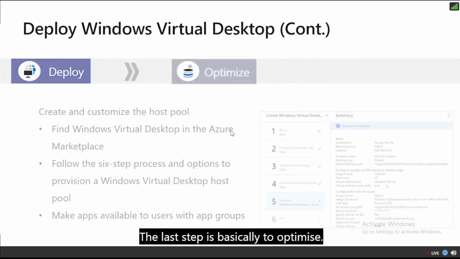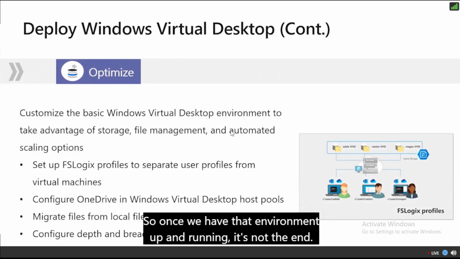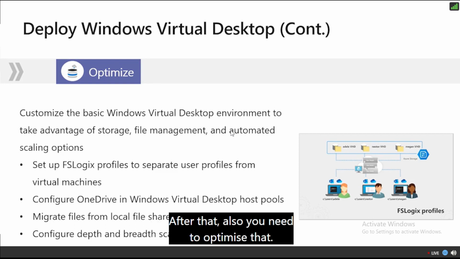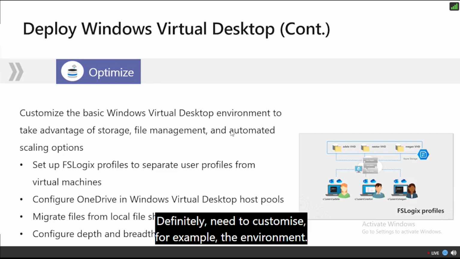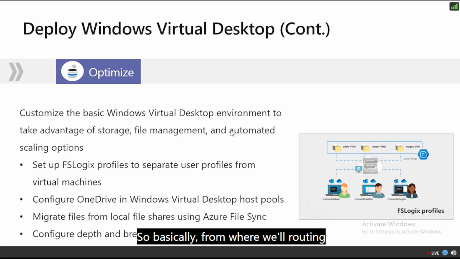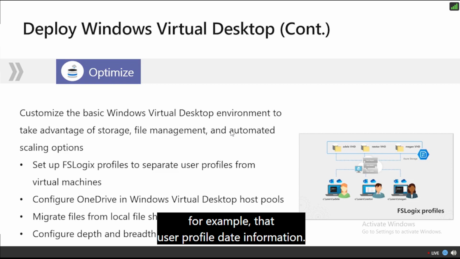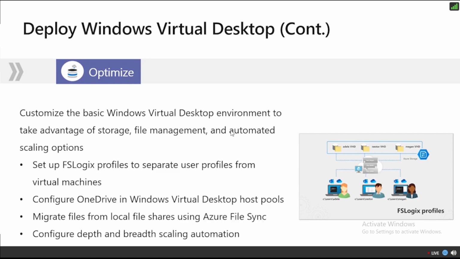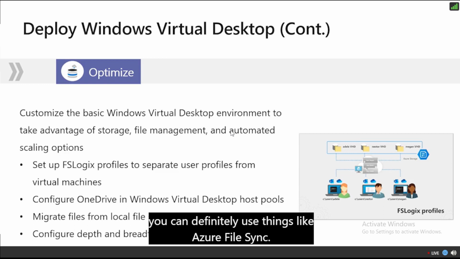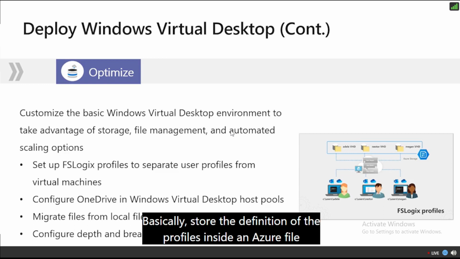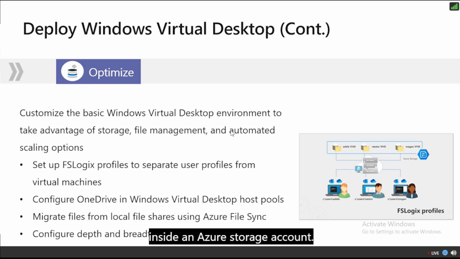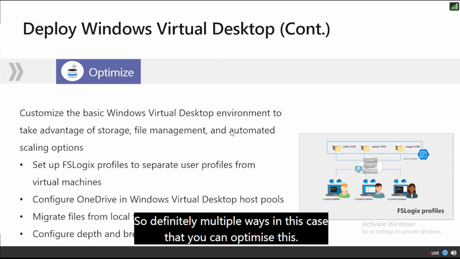The last step is to optimize. Once we have that environment up and running, it is not the end. After that, you also need to optimize it. So you need to customize the environment, for example, where we'll be grabbing the user profile data from. Because this lives on Azure, you can use things like Azure File Sync. You can store the definition of the profiles inside an Azure file server, inside an Azure storage account. So there are multiple ways that you can